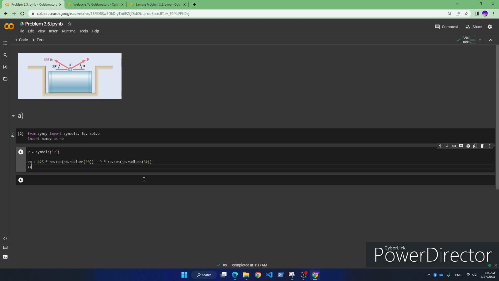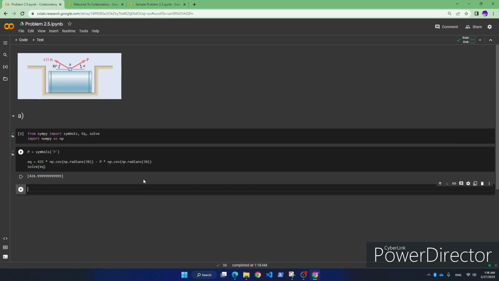And then solve here. Oh, but this is 20. So we can basically see that P, force P, is equal to